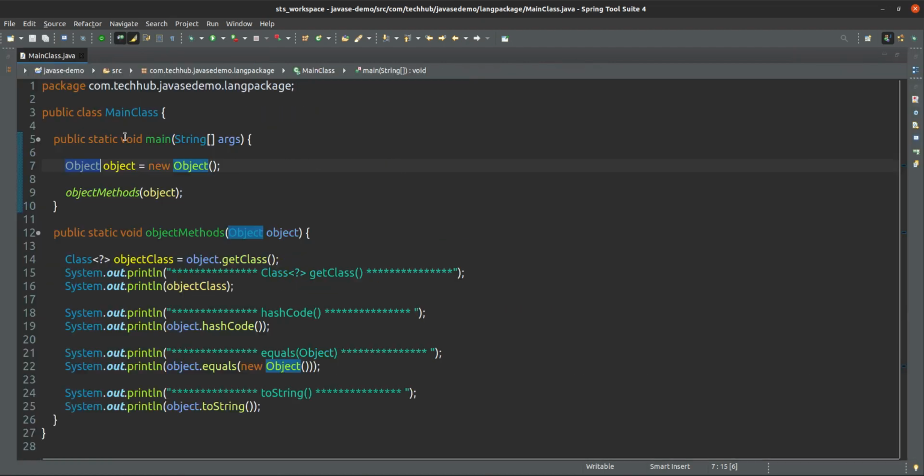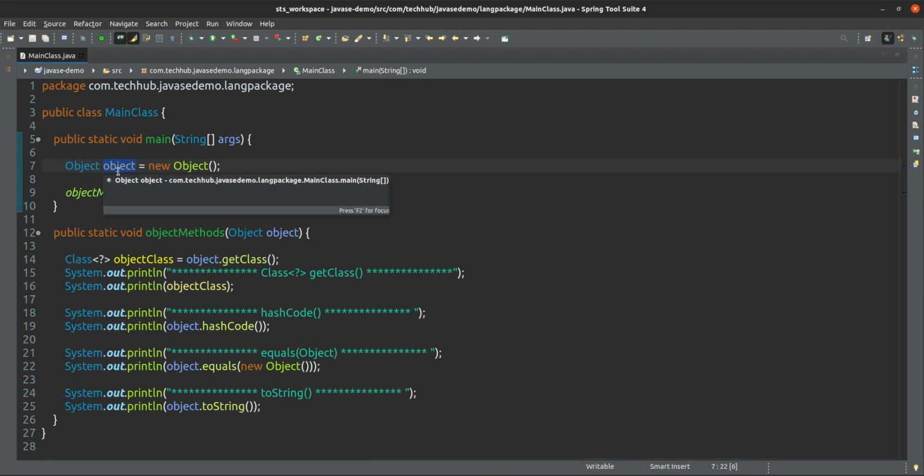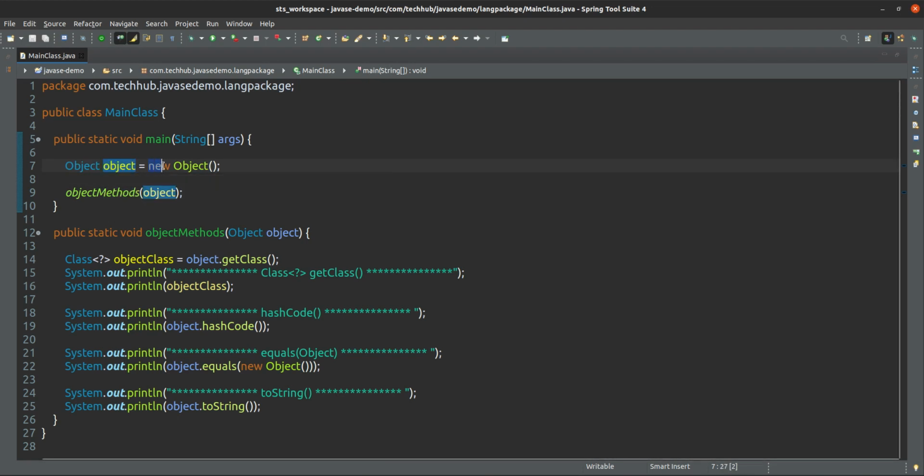If we see this example, we have created this object is equals to new object. Object is a type object. This object is a reference variable. Using new keyword we are creating the object. This is a constructor of object class and we are creating. If you see, this class is already defined under